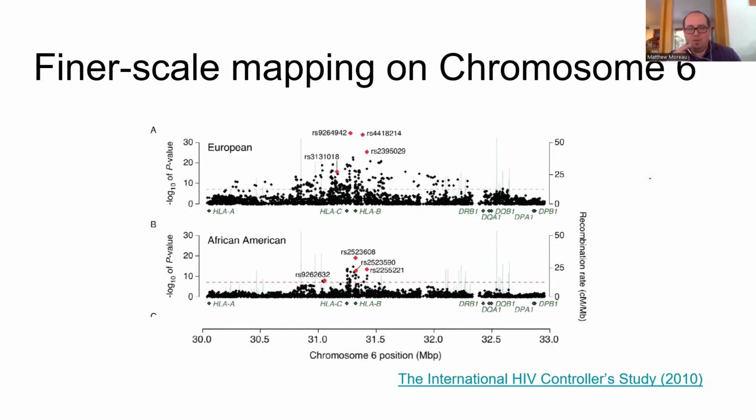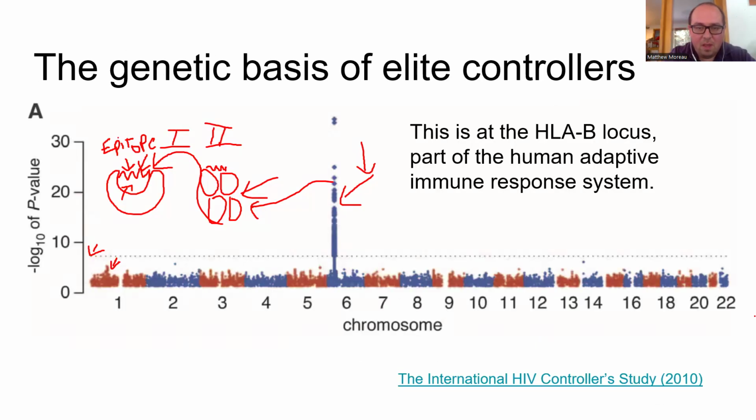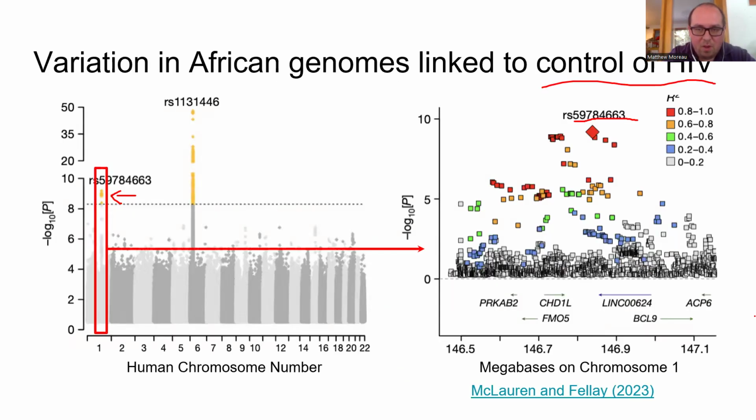So when we look at genome-wide association studies, we have to consider the fact that we're looking at association. We're not looking at causation, right? In order to do causation, we have to go back in and actually look at how the changes that we see, or the changes that we don't see, affect the thing that we're looking at. So, for example, in this particular case, if we're looking at this particular locus,